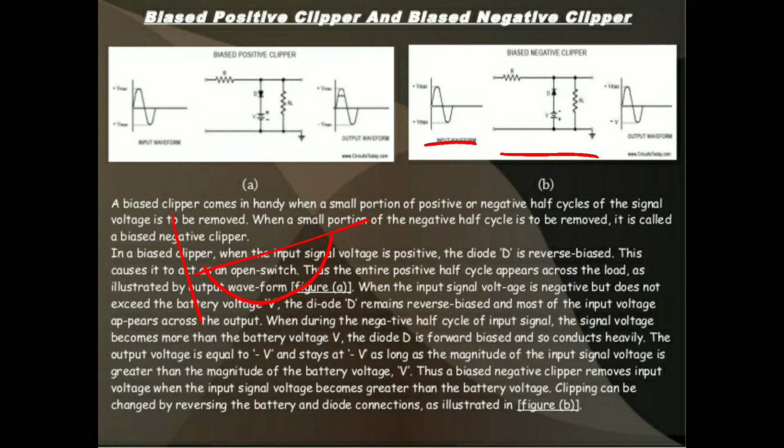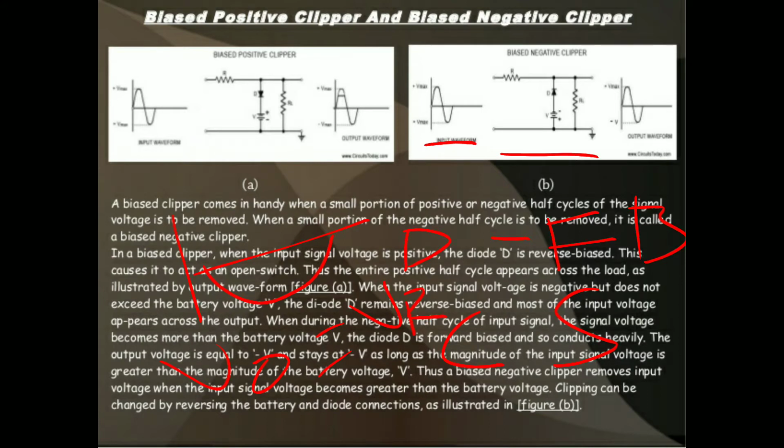During the negative half cycle, the diode goes to forward bias, which acts as a closed switch. So the voltage flows to the reference voltage. Here the reference voltage is fixed at some voltage. That voltage only will appear at the output. The fixed reference voltage only is generated at the output. The output across the load resistor is the reference voltage.